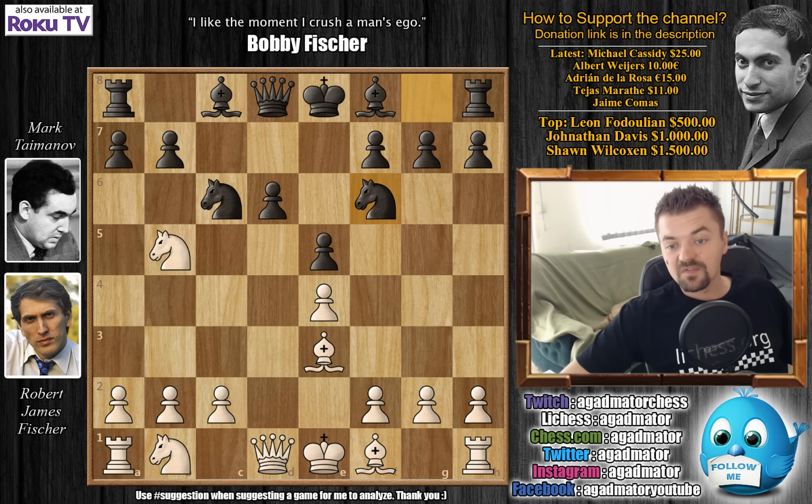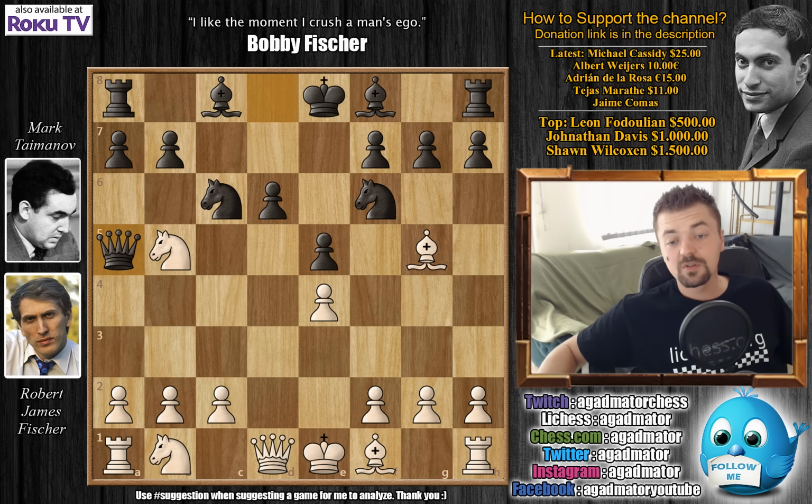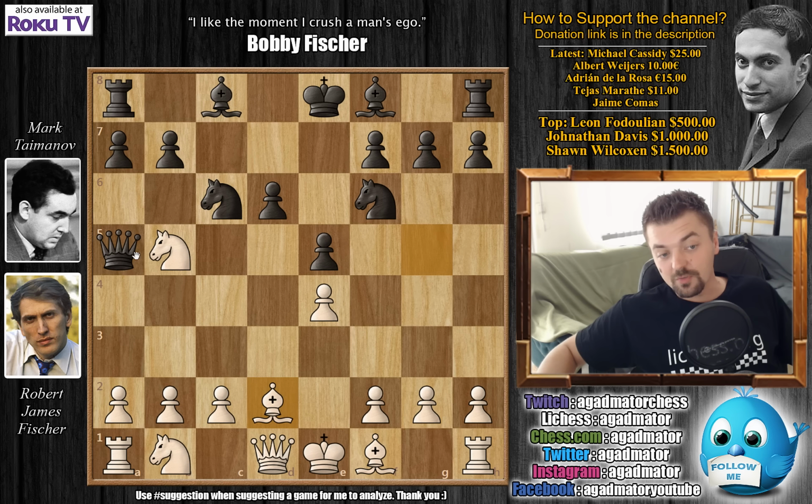Taimanov went knight to f6, bishop to g5. Fischer already plays for the third time with his dark square bishop. And here we have queen to a5 check. Here there's a possibility of a quick grandmaster draw after bishop to d2, queen d8, bishop back to g5, queen back to a5 check, bishop to d2. But Taimanov will probably not be interested in a draw, as he did lose game number 1,